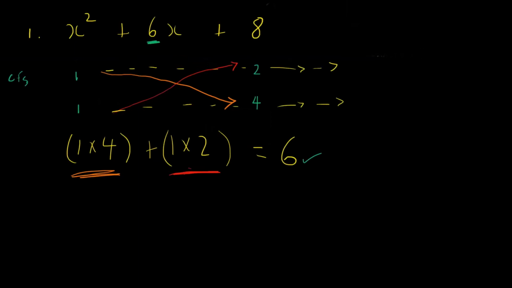And this becomes x plus 2. And this becomes x plus 4. Okay? So therefore, the factorization of this is